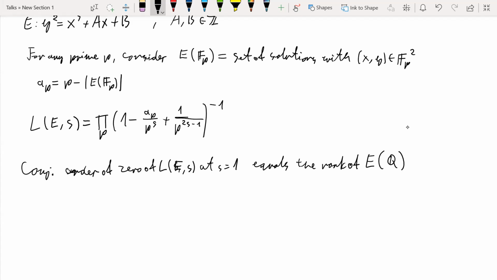But while we are here, we are supposed to talk not just about this order of vanishing, but also about values. So it turns out that even if L(E, 1) is equal to 0, then we can still ask about the meaning of the first non-zero derivative of this function. So the